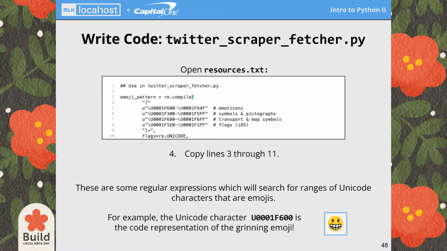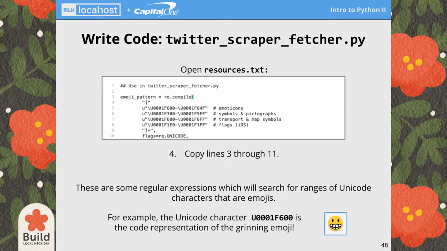Basically, what we're going to do now is go back to Twitter scraper fetcher.py, and we're going to open resources.txt. And we're going to copy lines 3 through 11. Basically we're copying everything in emoji pattern. These are some regular expressions that will search for ranges of Unicode and different emojis and whatnot.